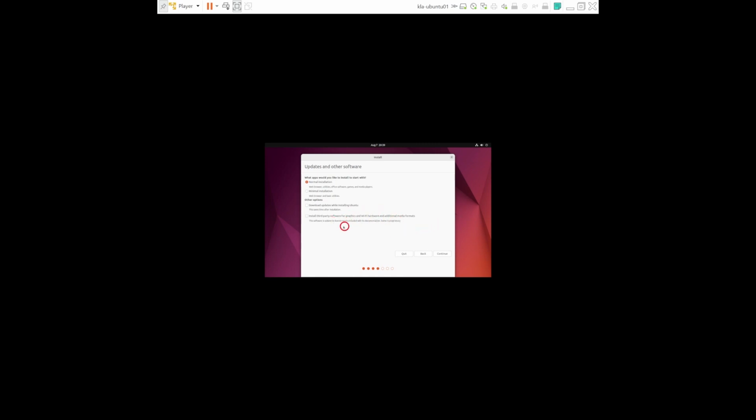Again, it is not checked, so we'll just leave that unchecked. Within Ubuntu, we can still update the operating system and install additional third-party software. Because it's something that will be part of the exercises we will do, I will leave these options unchecked so that when we go within Ubuntu, we learn how to update Ubuntu from within Ubuntu. So I'll just keep it to normal installation and click on continue.